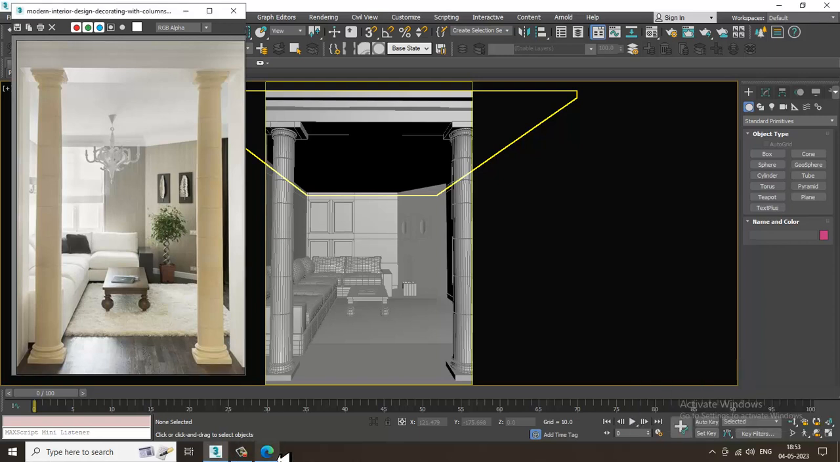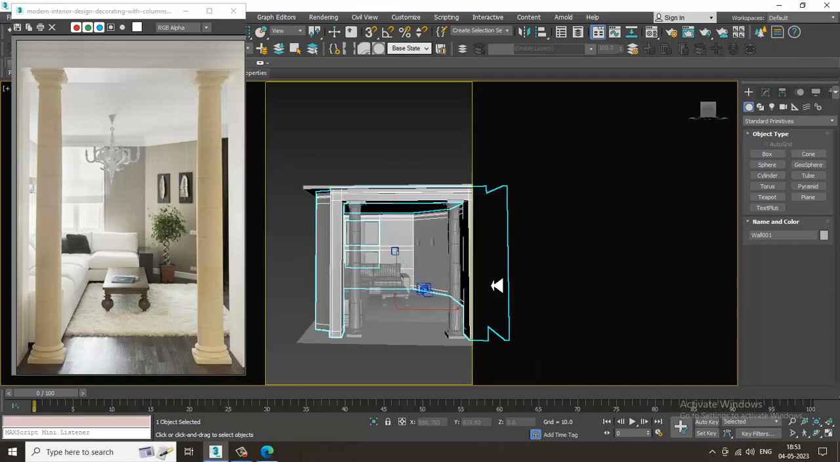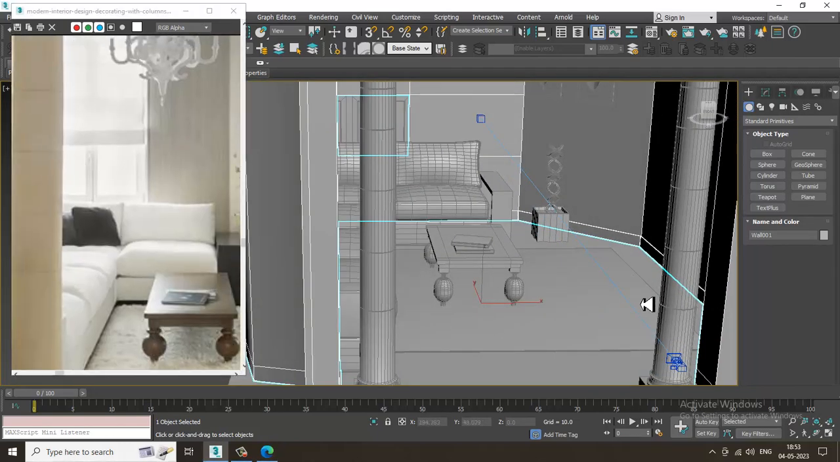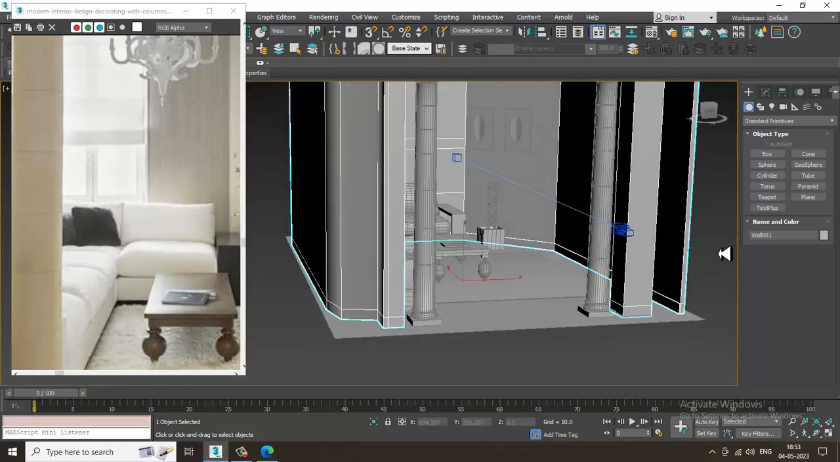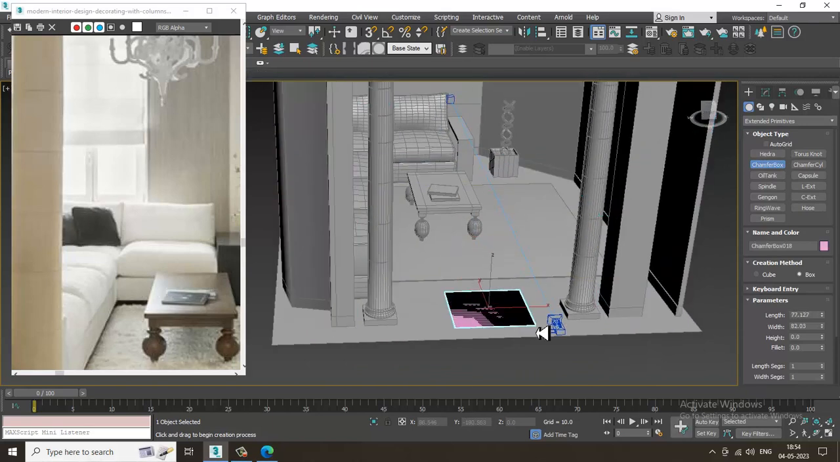So let's get started. A few things are left out over here for the modeling part. We'll complete the modeling part today. So very first of all, let's model this pillow over here. Let's just take a chamfer box